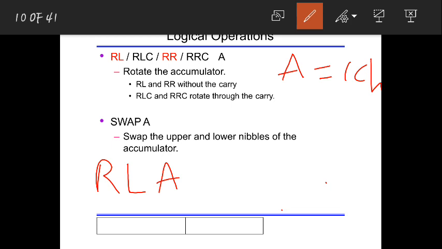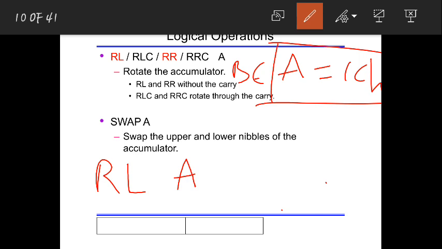This is the accumulator value before execution. Now I have given the instruction RL A. Here you will have a space; that is not a complete instruction. RL is the instruction and A is the operand. Now 1CH means